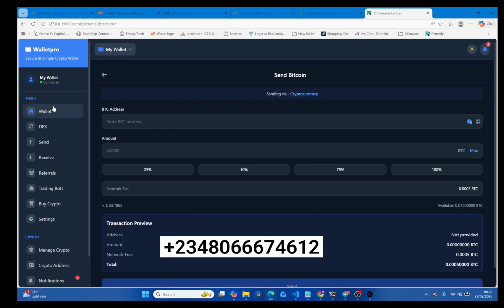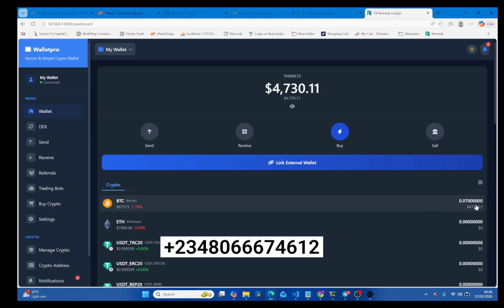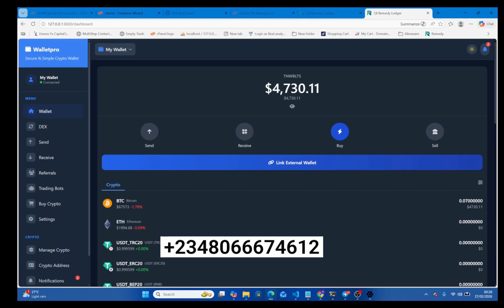Remember, I funded this. Let me show you, because you remember we had zero here before. So that crypto I funded, that's what I want to send out. I didn't show you how I funded it, so let me go back and show you. If you look currently, we have Bitcoin now,